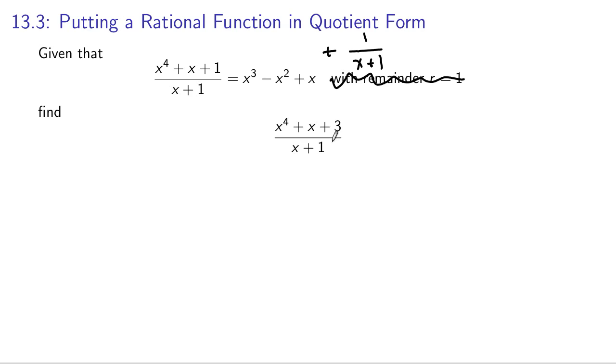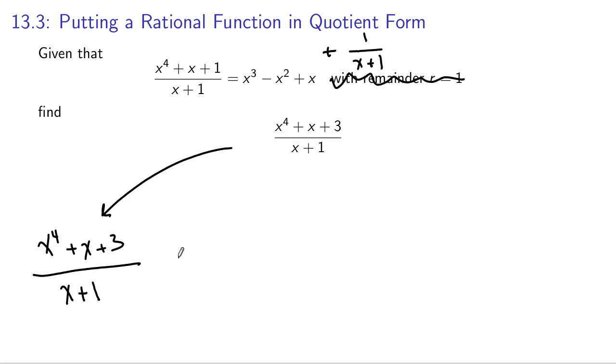If we take this fraction, x to the fourth plus x plus 3 divided by x plus 1, and we split the 3 up so that we have exactly what we have here, x to the fourth plus x plus 1, and then plus, and I'm writing it this way on purpose, plus 2, so plus 1 plus 2 is 3. So all I did was split up 3 to being 1 plus 2, and then spread this out so I have space to write this denominator,